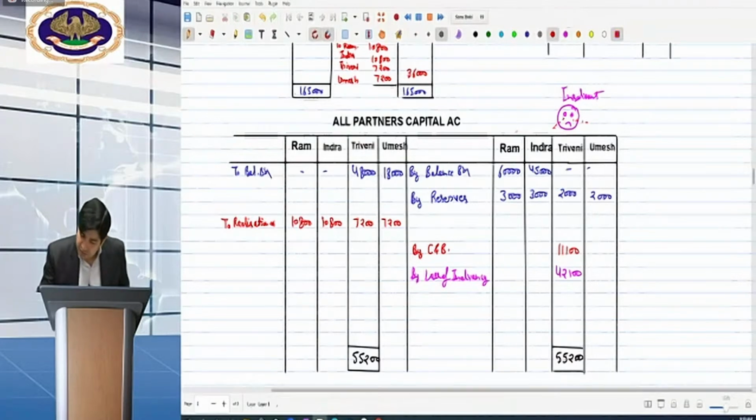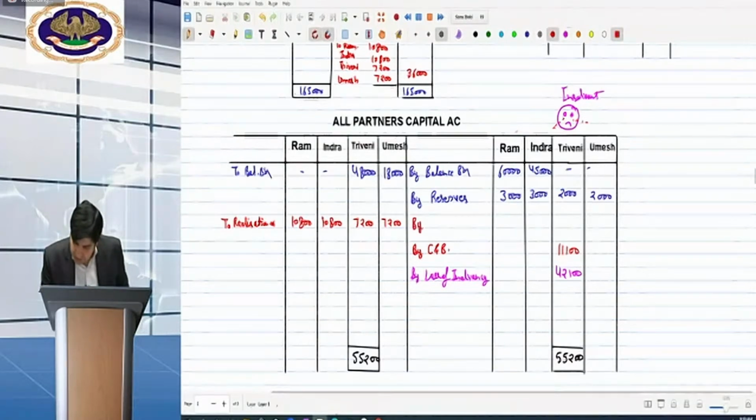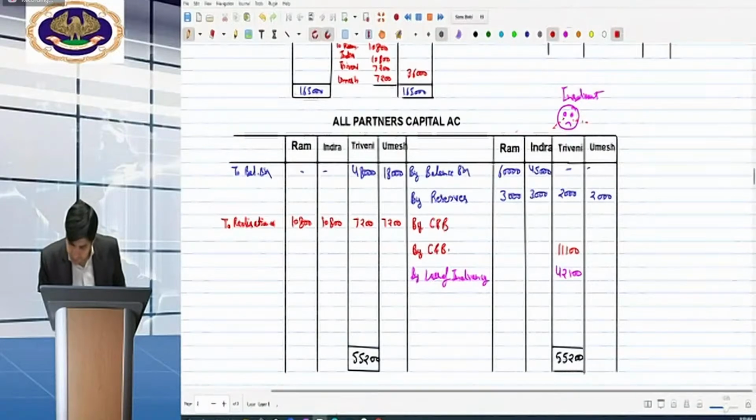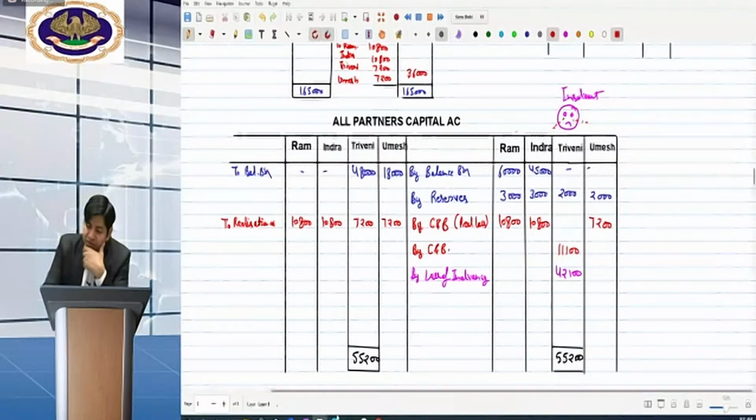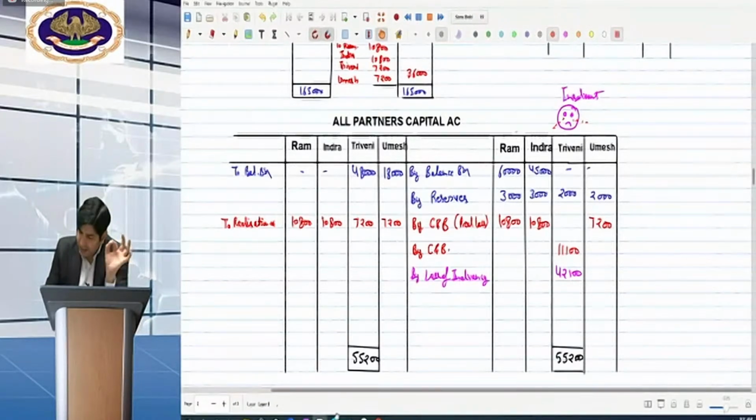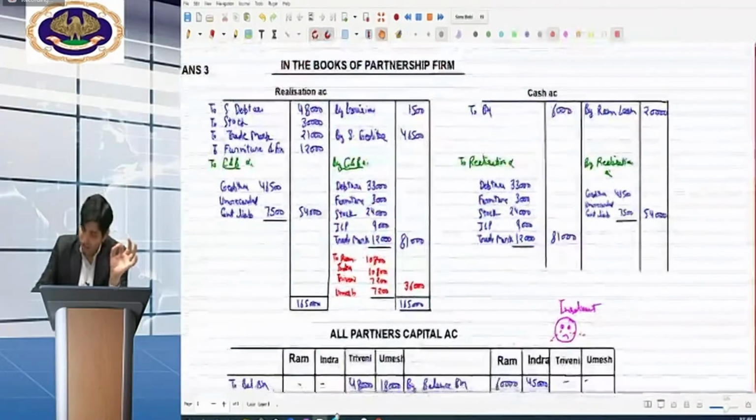Come on. Bring their realization loss in cash by cash and bank. Realization loss is being brought by them. Realization loss. This is 10,800, 10,800, then 7,200. Okay. Next one. After that, what is the next step? Okay, first do one thing. Do the cash and bank account posting directly to the cash and bank account simultaneously. Otherwise, maybe you could forget.